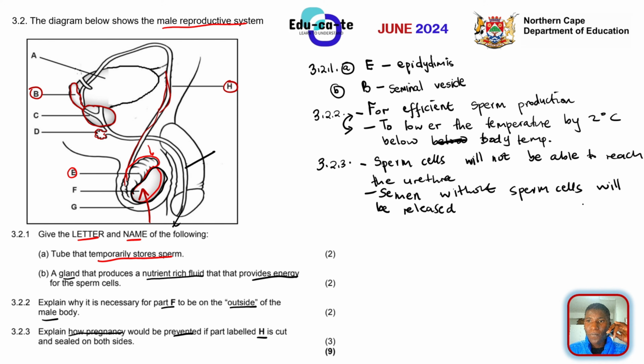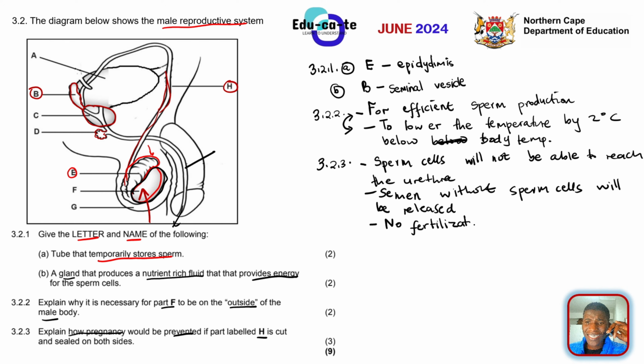And then now, since the semen does not have sperm cells, there's no possible way of fertilization there. So there won't be pregnancy. If the semen doesn't have the sperm cells, there won't be any fertilization, because remember, fertilization is defined as when a sperm cell and an ovum fuse to make a zygote, which will later become a fetus and become a baby eventually. So we say that no fertilization can take place. And when there's no fertilization, how in the world would you be pregnant?